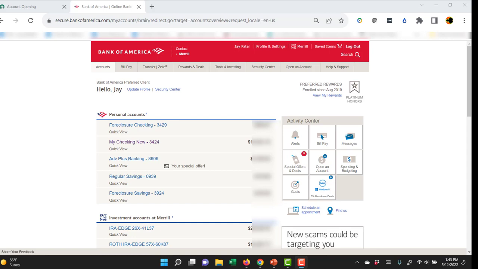And so I'm just going to use Bank of America because that's where my banking is done, and so I can just log in and show you where you can open an account and how the brokerage account looks because I already have it set up here. So once you log in, if you go to open an account,